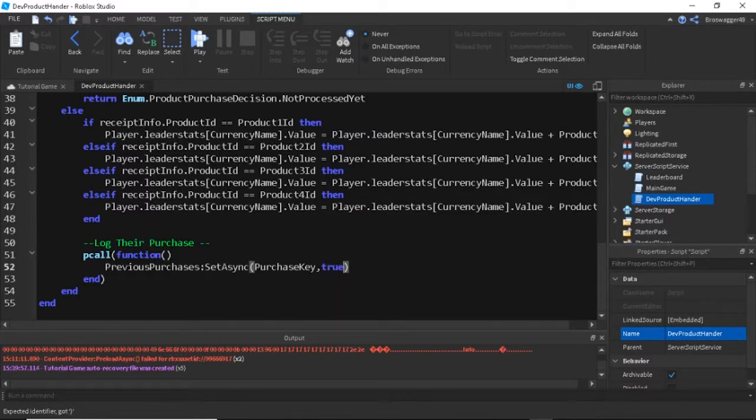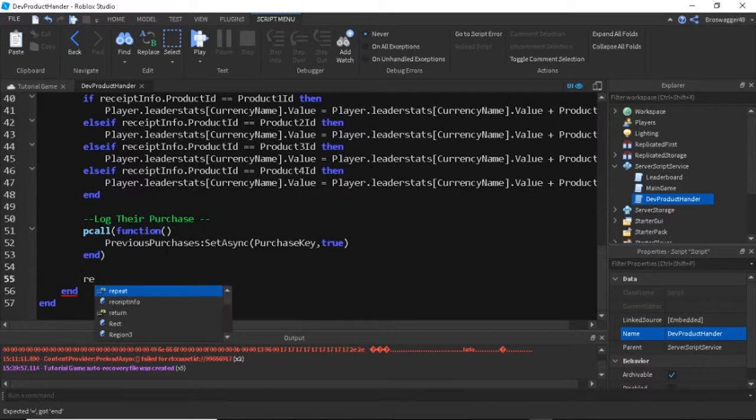So that means you're just going to save a true value to this to show that they have logged a thing. It doesn't have to be any specific integer. We're just going to save a Boolean value like that to make it simple. And then down here, we're going to drop another line, and we're going to return again. So we're going to return the enum.productPurchaseDecision and